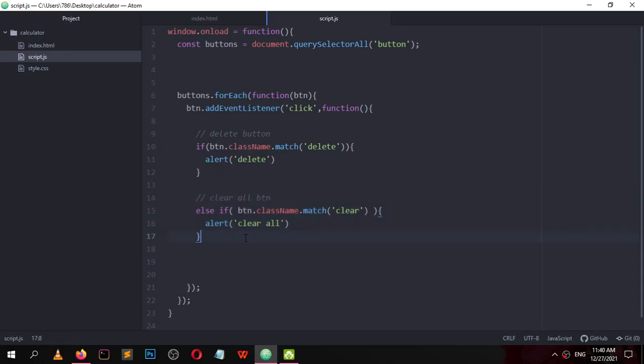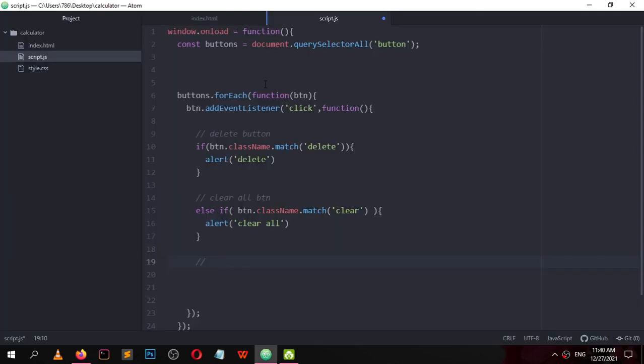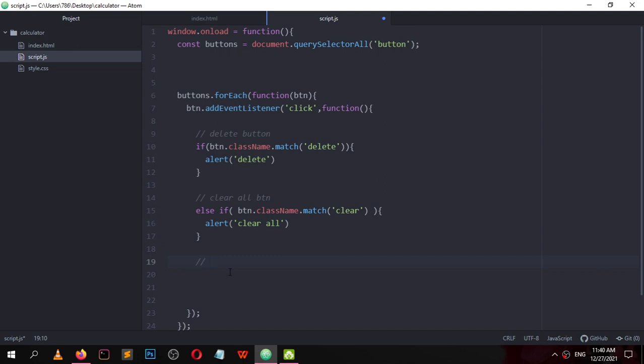Now we need to check for operators: first button, second button, and this operator list. We have added this class to each button. So copy this, operator.